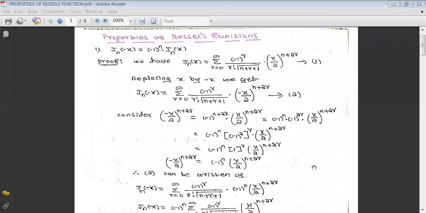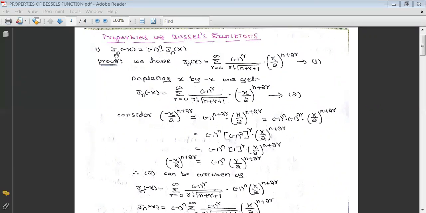In the previous video, on power series solution of a differential equation, we have discussed how to find the series solution of Bessel's differential equation and some differential equation which can be reducible to the standard Bessel's equation. Now in this video, we study some of the properties of Bessel's function, and the first one of that one